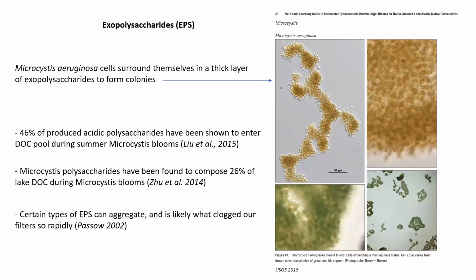Microcystis forms these very thick concentrations of what are called exopolysaccharides. So they're polysaccharides, they're sugars linked together, and the microcystis makes them and releases them into the environment. That's why they're called exopolysaccharides. And these pictures from USGS, for those of you who have seen microcystis under a microscope, you'll see them in